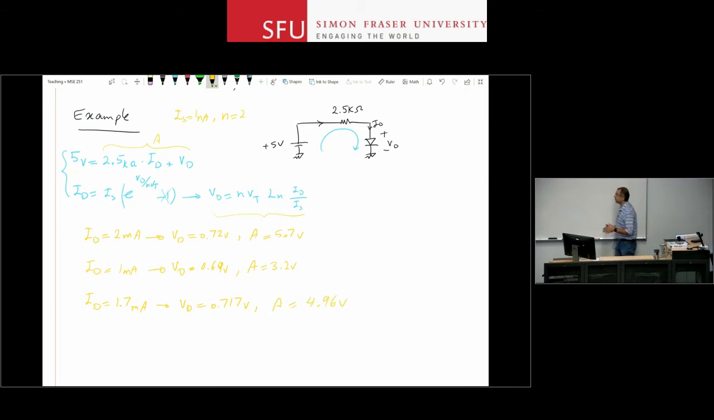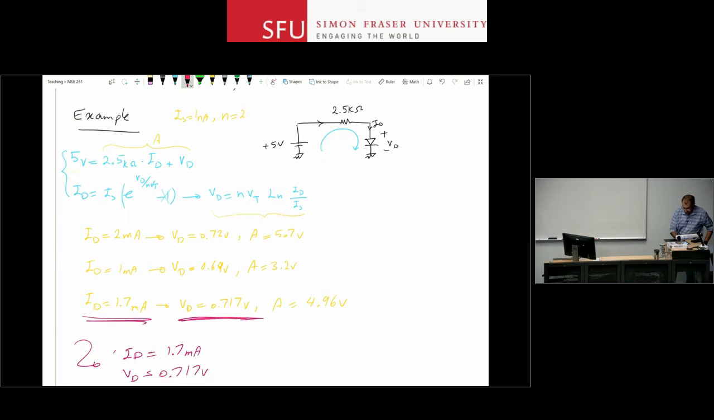For most practical reasons, this is within 1% of the final value. The final value is 5, you're at 4.94, you're within 1% of the final value. And I'll be happy with this answer. So this is the value that I take, and this is the current for ID. So the final answer is ID is 1.7 milliamps and VD is